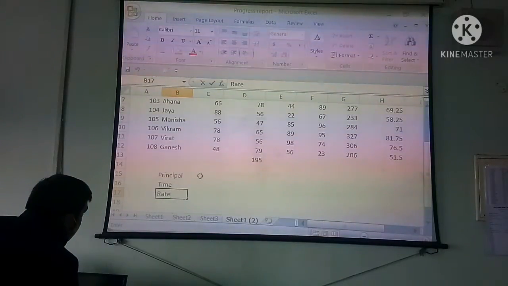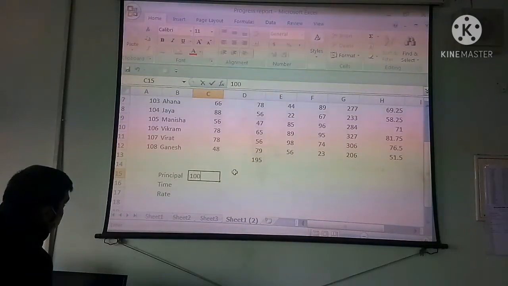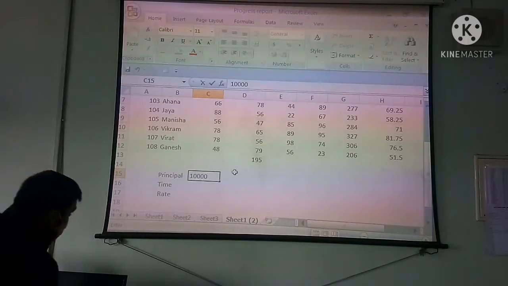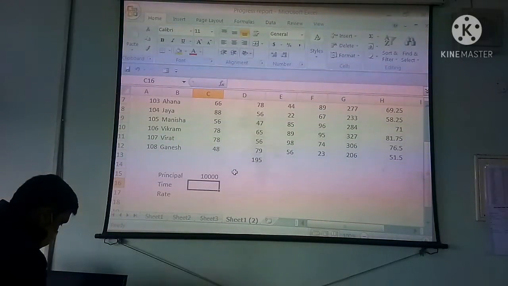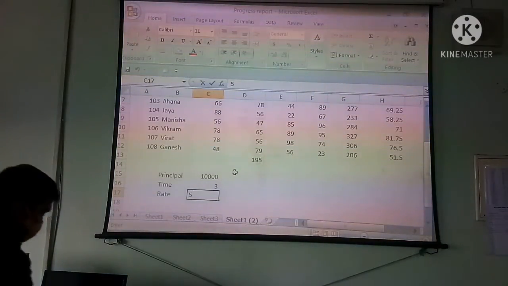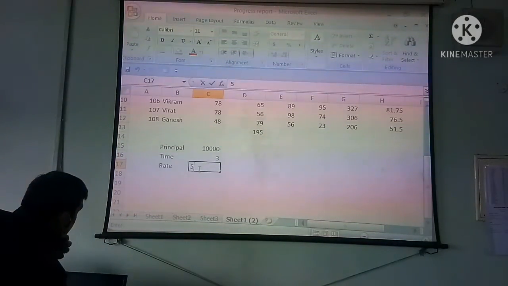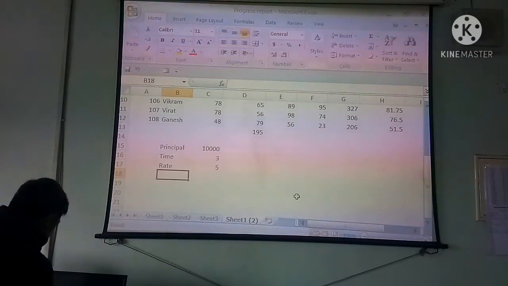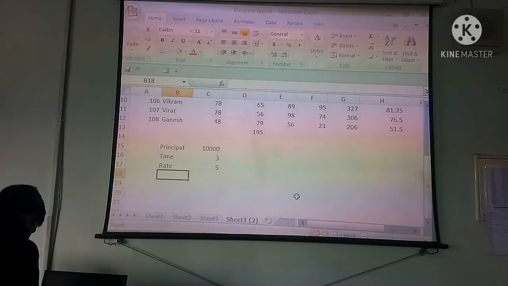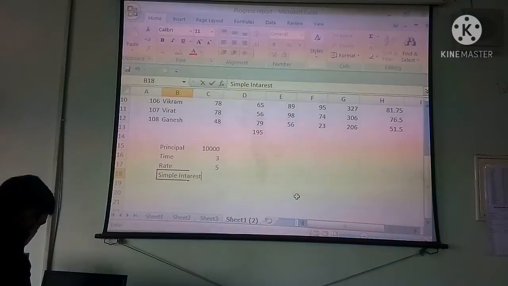Now for the principal money we are going to take 10,000, so in this we write 10,000. Next, time we are taking 3 years. Rate we are going to take 5%. Now we want to calculate the simple interest, so here we write SI, simple interest.